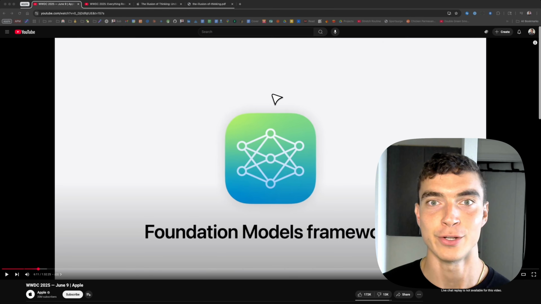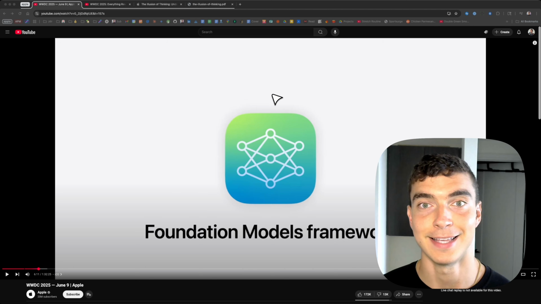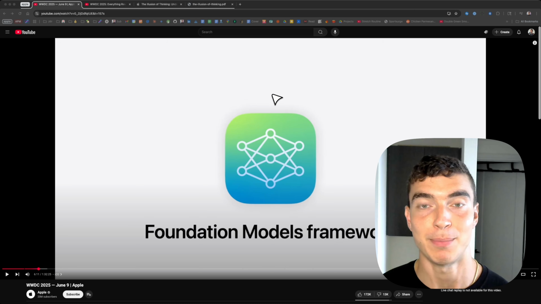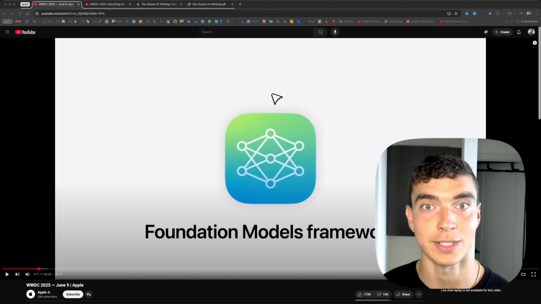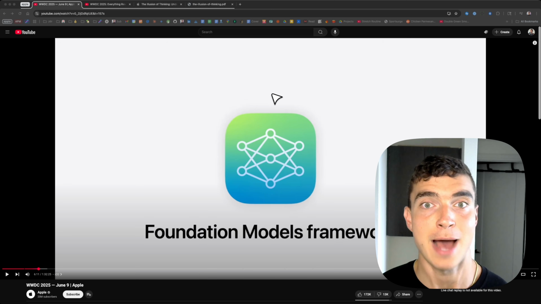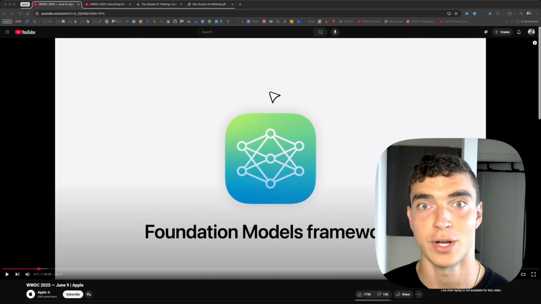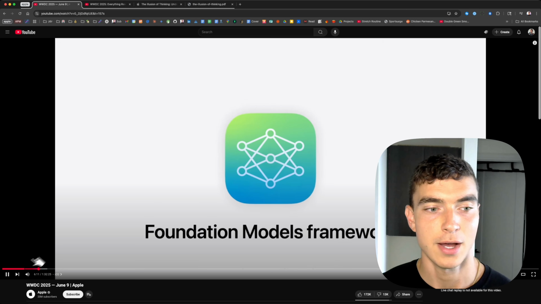First up for the AI news is their new Foundation Models framework. This is Apple's own model that's going to be allowed to connect to applications on Apple devices and use their model locally offline, which will also allow the apps to dodge the API calls that would be associated to cloud large language model function calls. And they give a few examples here.